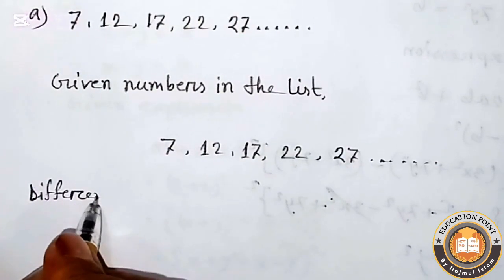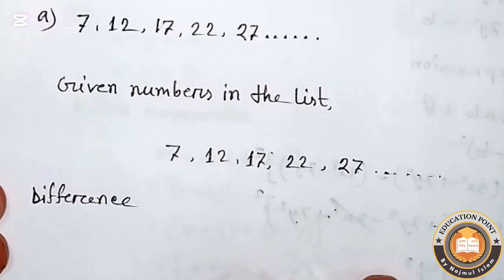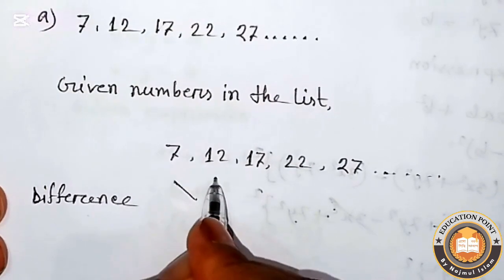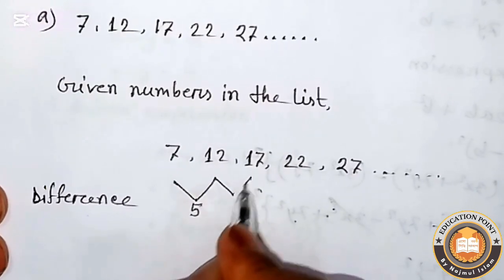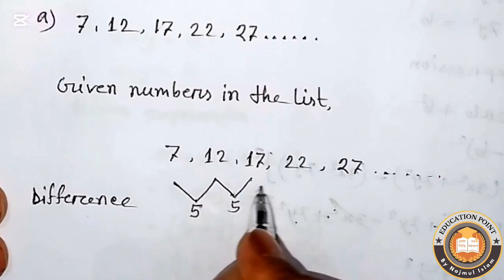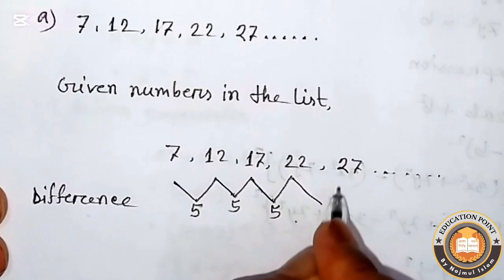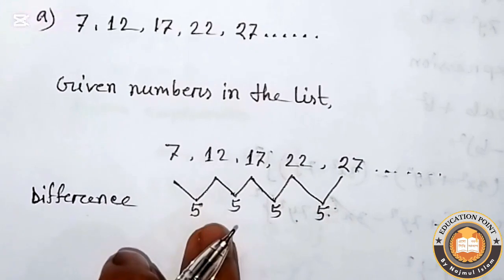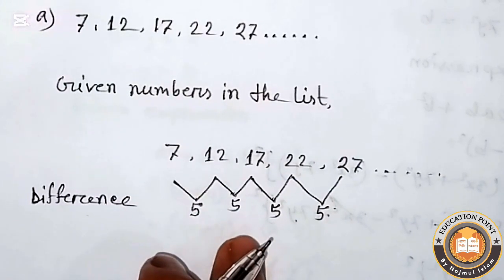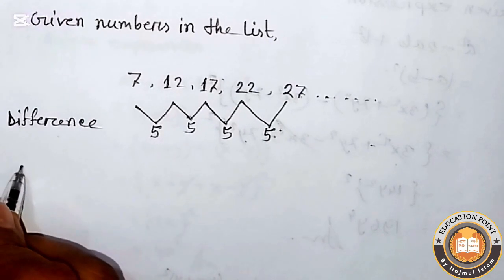The difference between them is 5 and 5. Here each time the difference is 5, so we can write